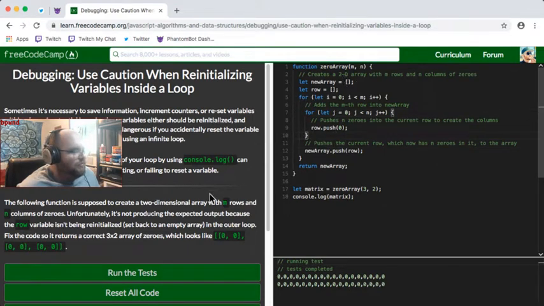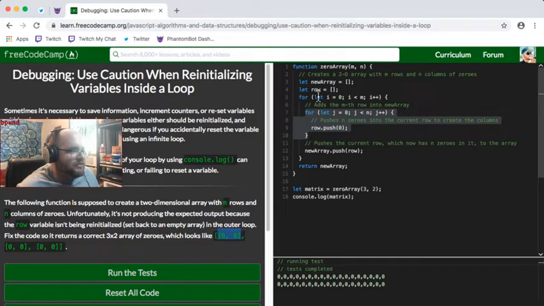We have this new array here that is wrapping. And so this never really changes because we're just going to keep pushing into this one array. But our row, we have an empty row, and then we're setting it up here, mostly here. And the row starts as an empty one of these, and then we're pushing in the number of zeros for each one. And then when we take the new array and we push in the row, and we go back